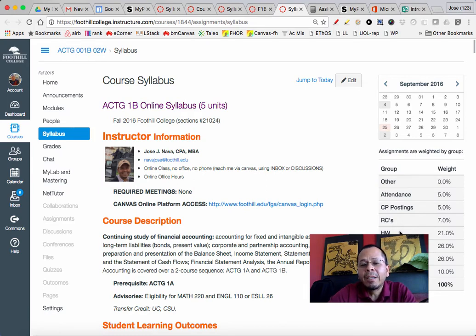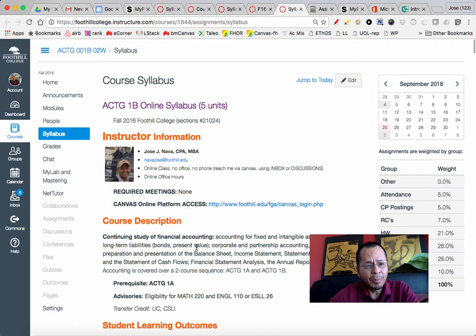Homework, about 21% for 1B. Again, you have up to about 8 or 9 homeworks. You can drop off a couple, and only 7 count, so 7 times 3 points each will be 21%. You've got 2 midterms at 13% each, 1 final at 26%, and 1 project. It's actually a team project, so keep that in mind as we go forward.